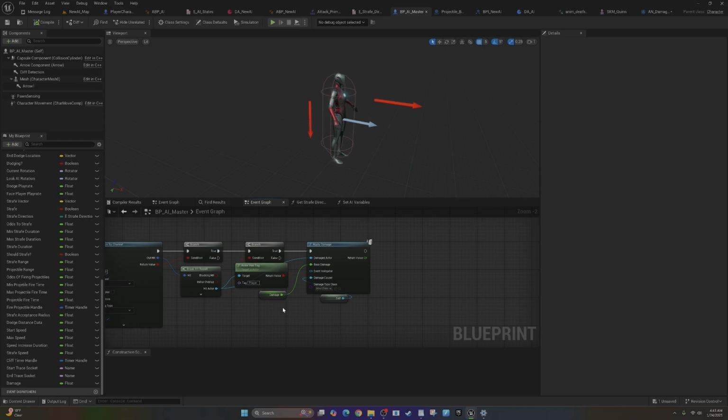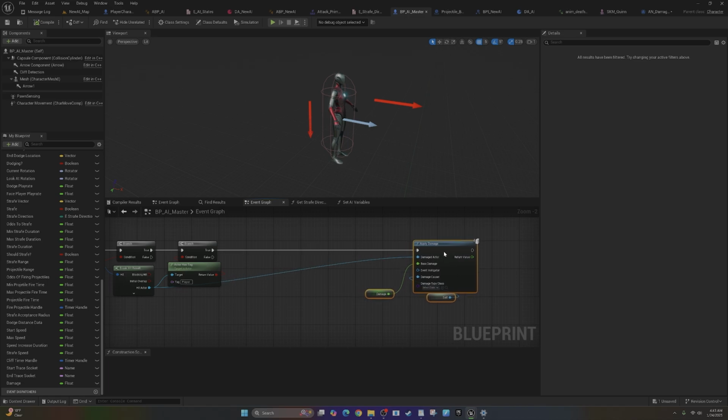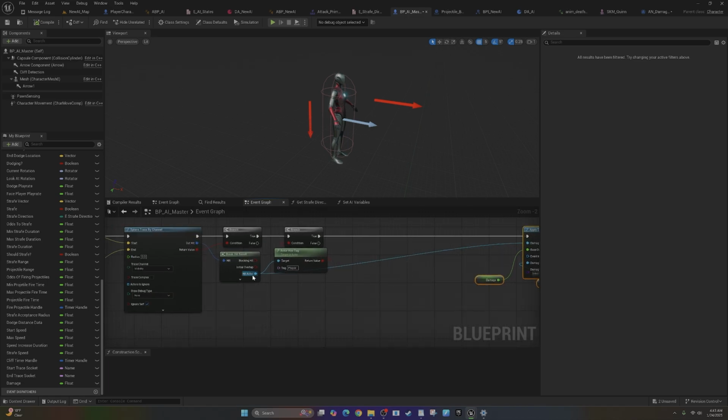But there's something that we need to do to prevent the damage from being applied multiple times. Because it's firing on tick, if it hits the character and applies the damage, it's going to apply a whole bunch of damage, which we don't want. So one way to handle that is through arrays. So what we can do